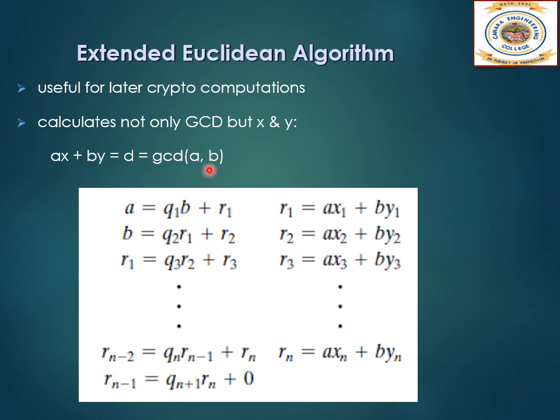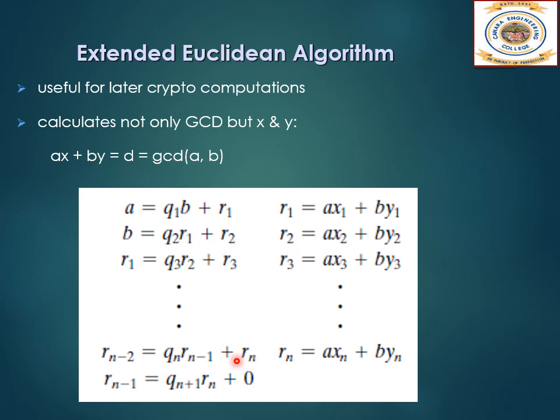Let us see how to extend the Euclidean algorithm to determine x, y and d given a and b. We again go through the sequence of divisions as in the Euclidean algorithm, and at each step we find x and y that satisfy the equation r equals a x_i plus b y_i. That is a generalized equation. So at the end we get the values of x and y along with the GCD of the numbers.